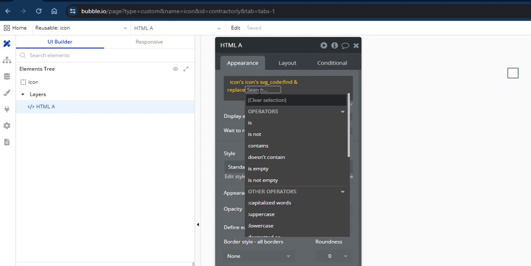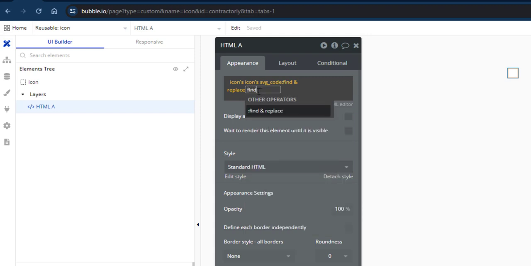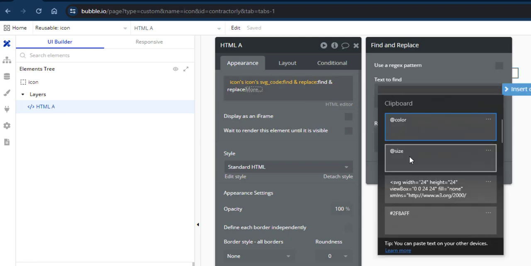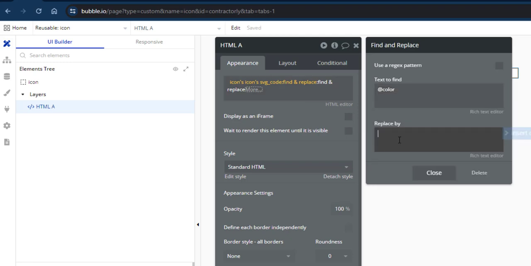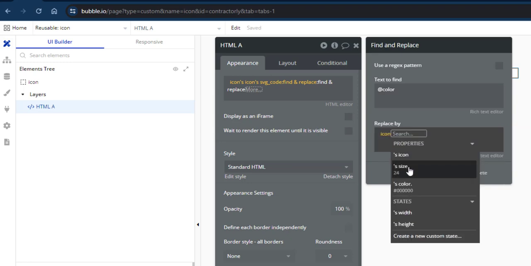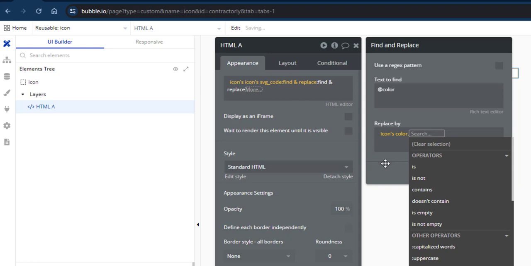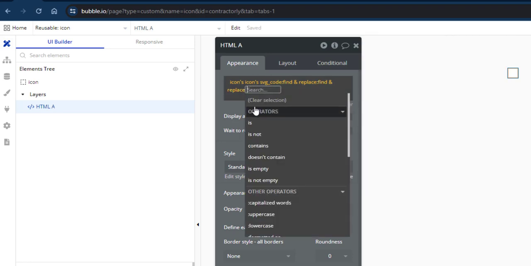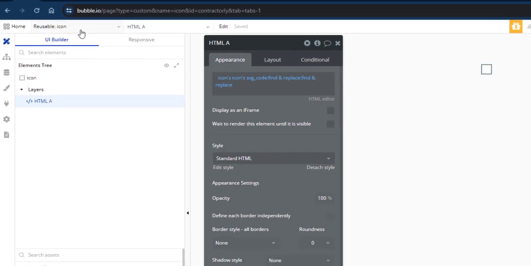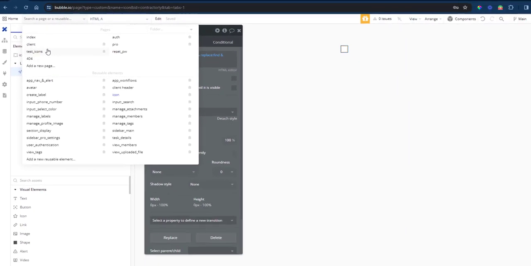Then we want to do another find and replace. And this time around, we want to find the color and we want to replace it with the color coming in as a property for the reusable element. And then we close. There you go. So now what happens is on a page,